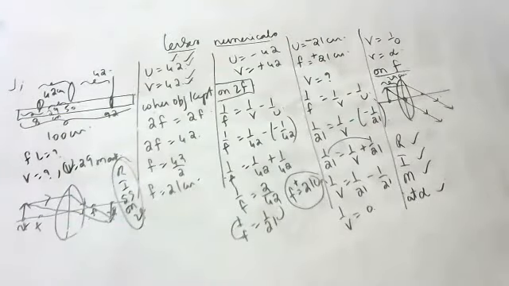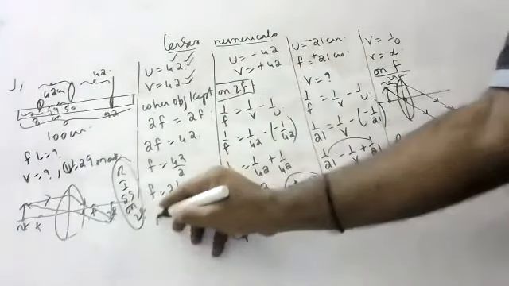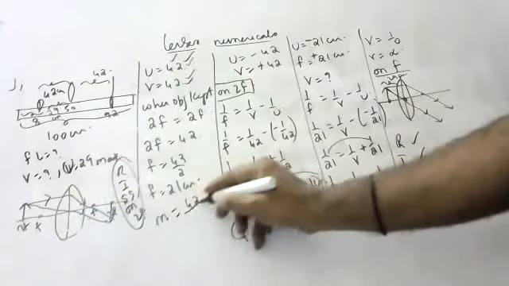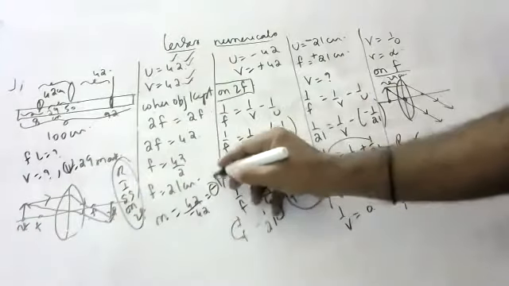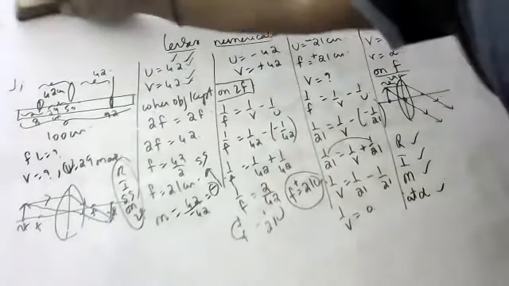So like this, you have to analyze and do. No sir, you want magnification also. This I will show you the magnification here. Same size. Why same size? See here, 42 by minus 42, that is minus 1. Minus indicates inverted, 1 indicates same size. Okay. Next question, sir.